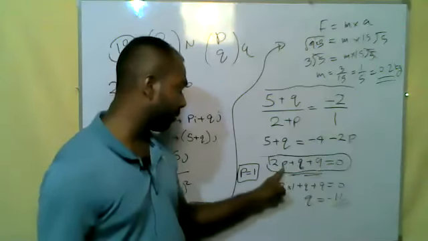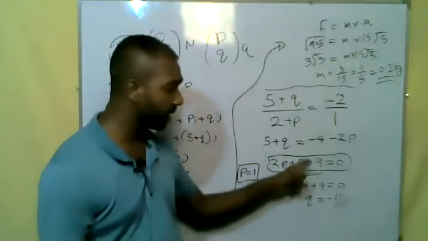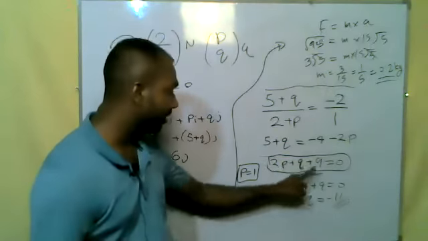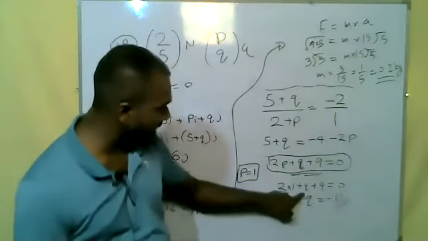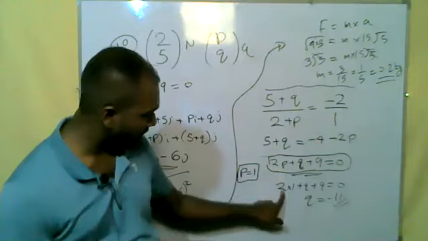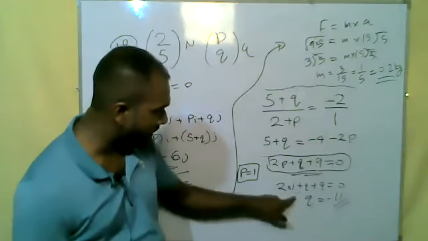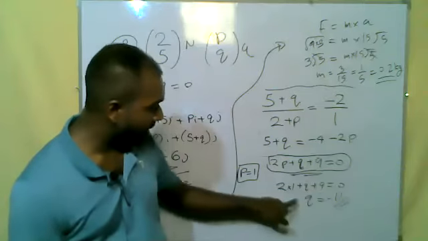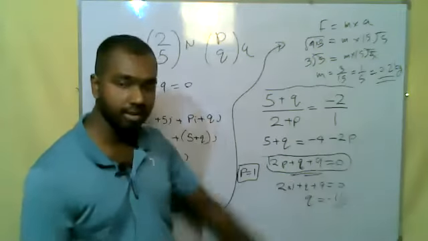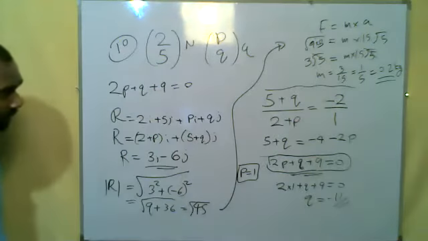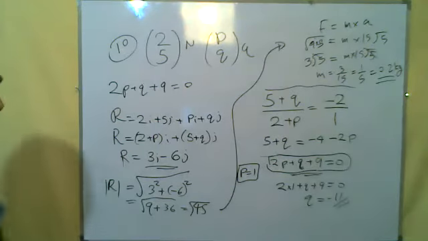Now in this equation, how many unknowns are there? P and q only are the unknowns. When we know the p, what can we do? We can find q, no? I substitute in this equation the value of p. You see here, 2 times 1 becomes 2. 2 plus q plus 9. This is not q, this is 9, okay? 2 plus q plus 9 equals 0. So we get the value for q, which is equal to minus 11. Is that clear? Yeah. Okay.